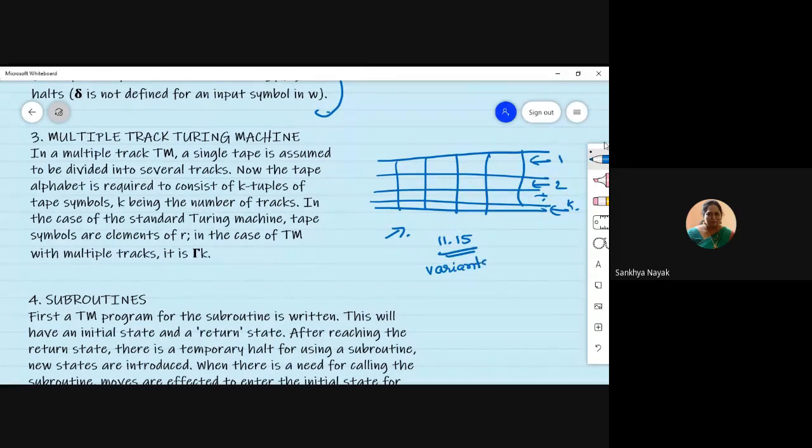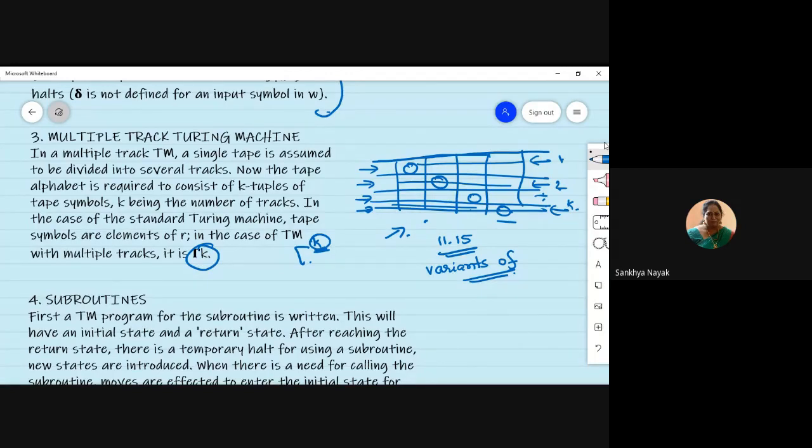Okay. Now we are seeing techniques. So at the 11:15 class, we'll see the variants of Turing machines. There you will understand the application of this multiple track Turing machine. Just remember, in one tape you have multiple tracks. So obviously symbols will be there here also, here also, here also, isn't it? States also will be there everywhere. So the tape symbol will be written as tau K. Means this K, if it's 1, then we are talking about the symbols in track 1. If K is 2, we are talking about symbols in track 2. If K is K, then we are talking about the symbols in track K.